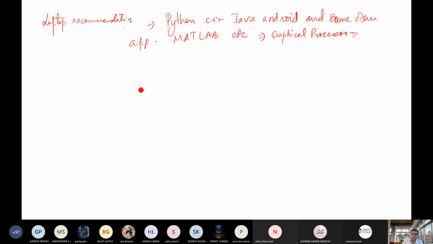So if you want to purchase, it is my recommendation, better to purchase SSD based laptop. Okay, SSD based. So it must be 512 GB minimum. Okay, if it is greater, then very good. RAM, my suggestion for RAM is 8 GB at least. Okay, and hard disk, RAM, processor is i5. Okay, any generation, any generation.